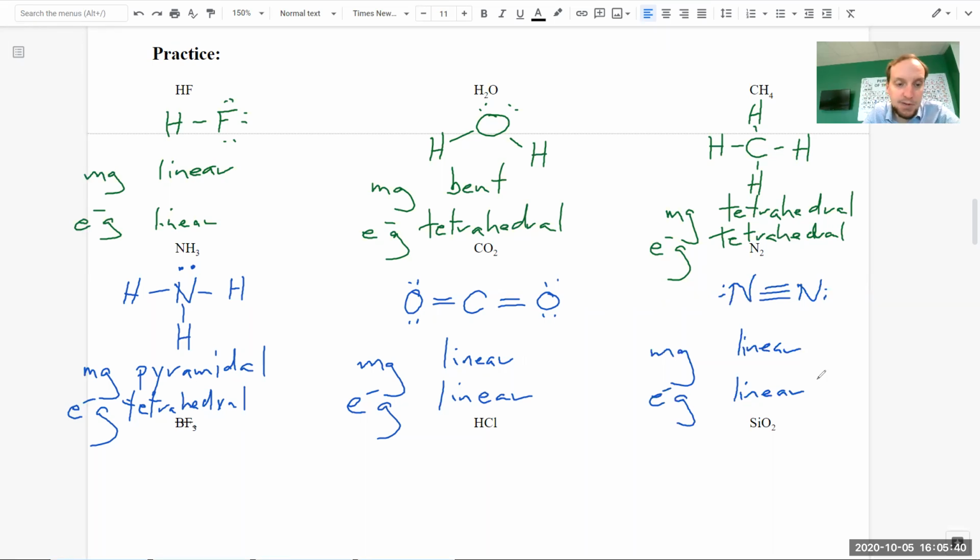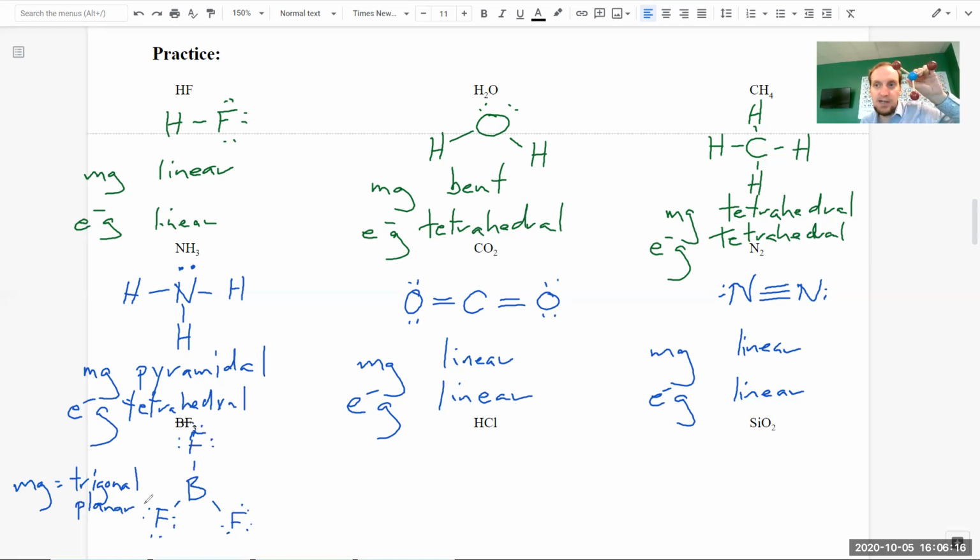Okay, the next one, I'm going to go ahead and do BF3. So BF3 again is an exception to the octet rule. Therefore, it cannot actually get its 8. Fluorine should have 7. Okay, there we are. Its molecular geometry would be trigonal planar. Again, that means a flat